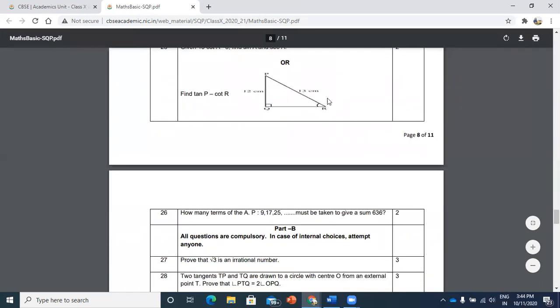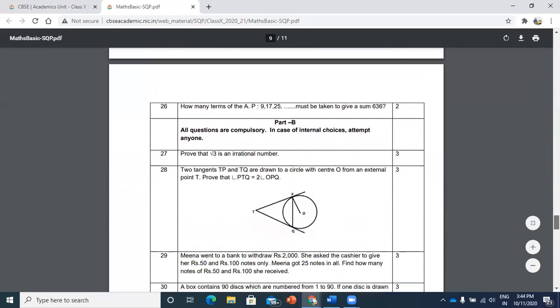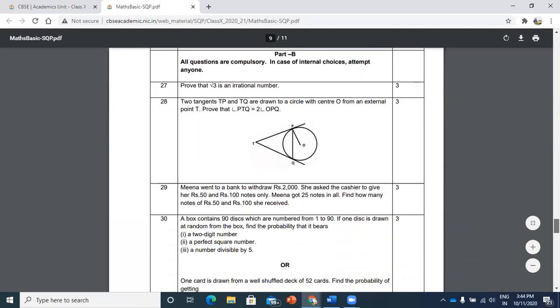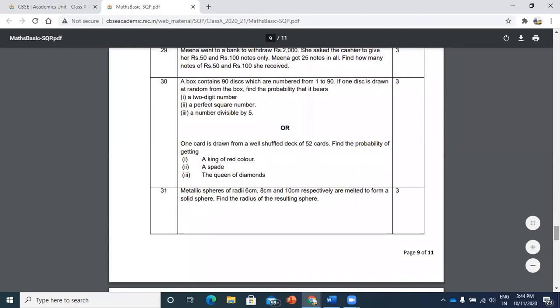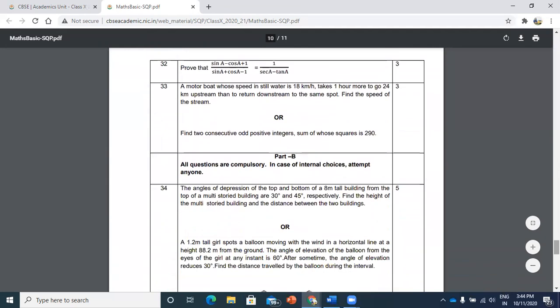So as I said, all these are direct textbook questions. So those who are doing the questions from the textbook, do it thoroughly. This is a solved example in the textbook. These are all questions, this is also a solved example. Question 27, 26 is from the exercise, 29 is from the text, 30 is from the text, 31 is a textbook question. So you will find that all these questions are textbook questions, and you will be easily able